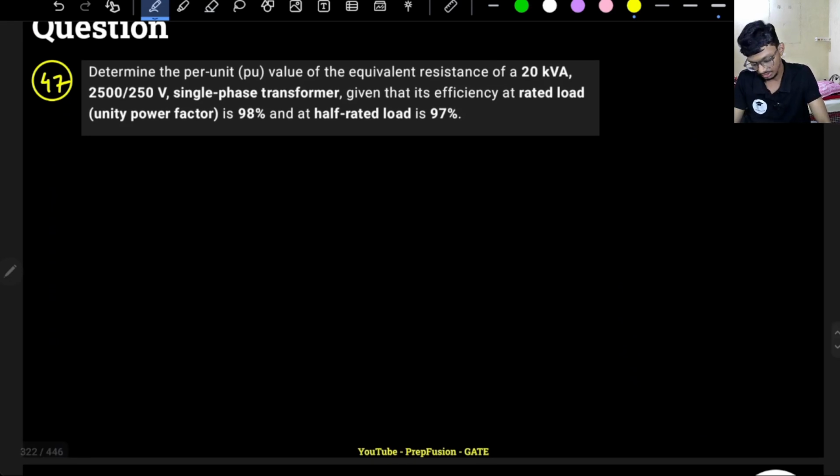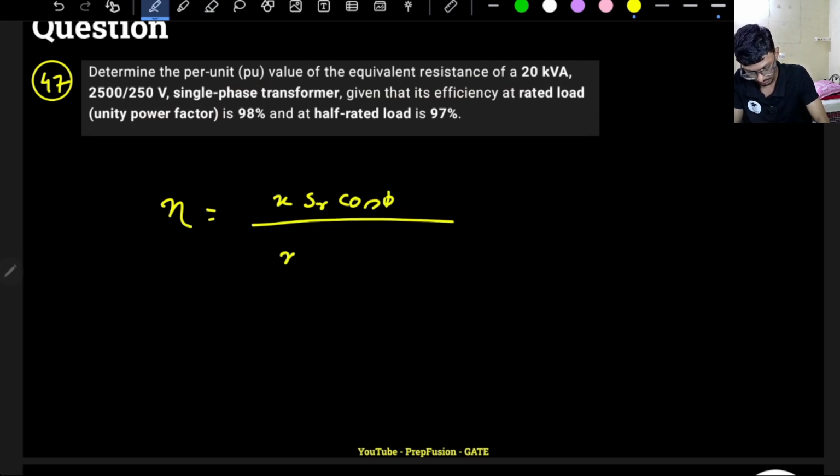So in this question, we have to determine the per unit value of equivalent resistance of a 200 kVA single phase transformer, given that its efficiency at rated load and unity power factor is 98%. So efficiency at rated load, that is X is 1. So what is the efficiency formula? X into S_R cos phi divided by X into S_R cos phi